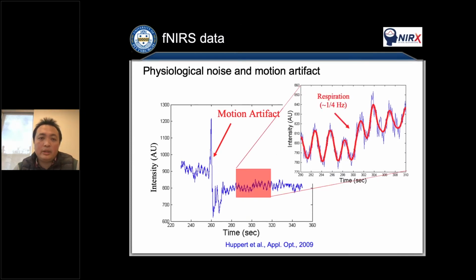You can also see respiration at about 0.25 or 0.3 Hertz, and also blood pressure, or this is very low, around 0.1 Hertz frequency. So if you see this, the physiological noise can be misinterpreted as brain activity and can drive both false positive and false negative estimates. This error is particularly troublesome when there is a possible task-induced systemic change in the signal.